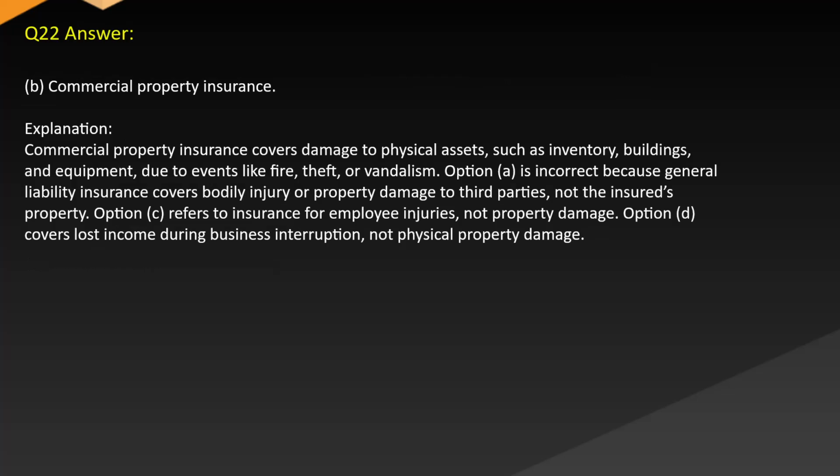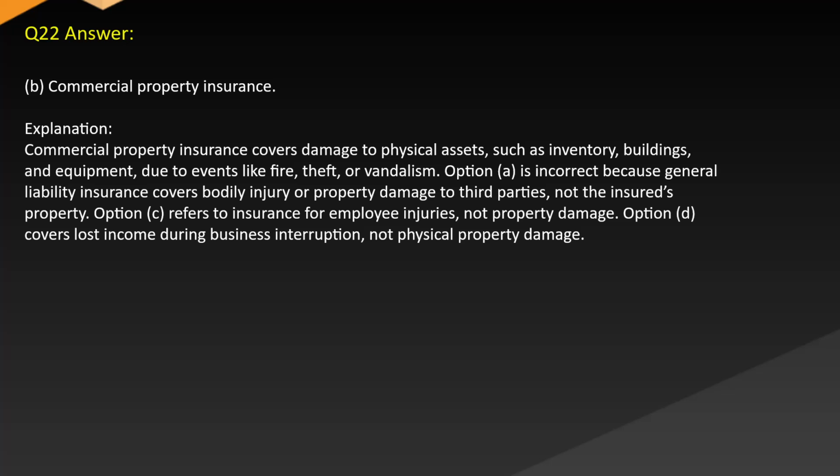Answer: B. Commercial property insurance. Explanation: Commercial property insurance covers damage to physical assets such as inventory, buildings, and equipment due to events like fire, theft, or vandalism. Option A is incorrect because general liability insurance covers bodily injury or property damage to third parties,